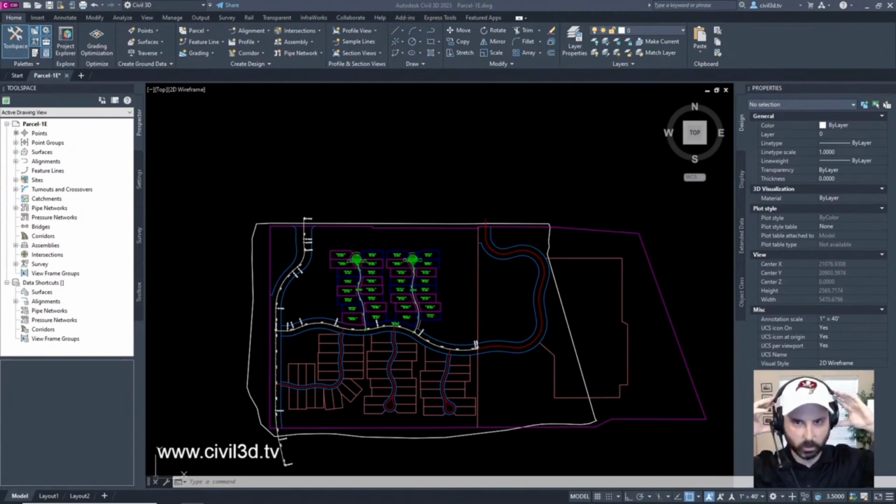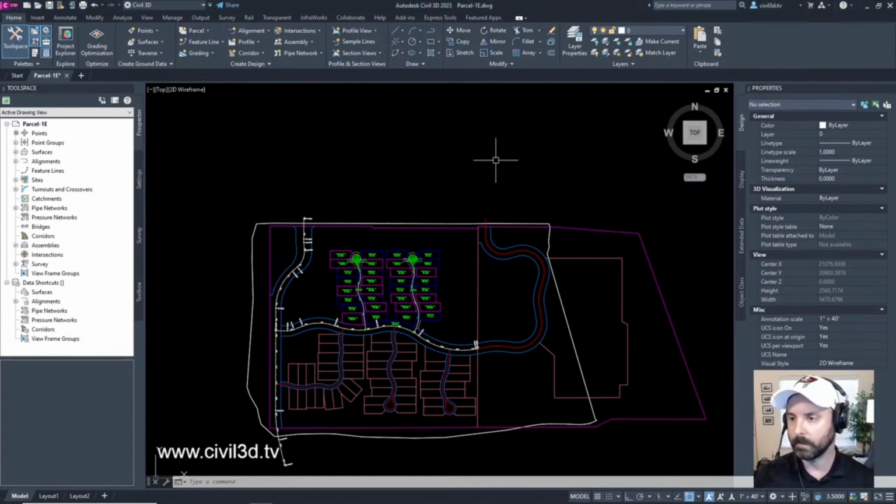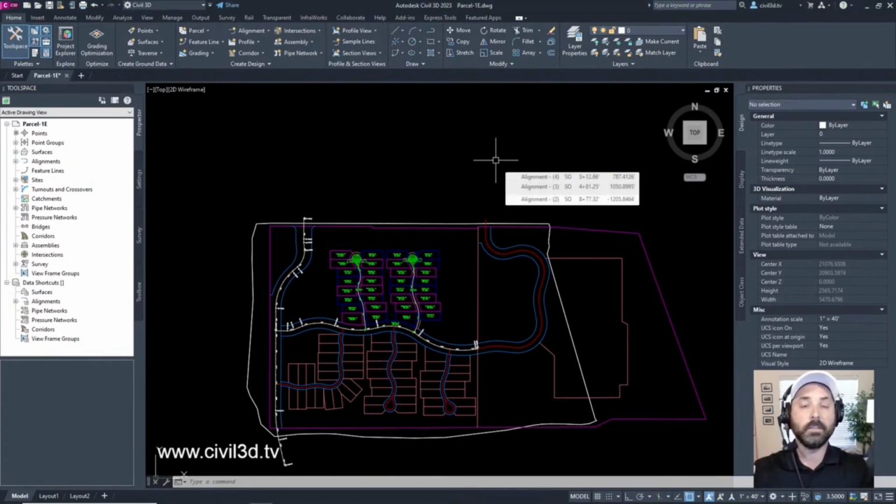We're diving into Civil 3D more and more. We're getting more and more accustomed to all of the different tools that it offers. And like I've said on previous streams, none of us know everything about the program.